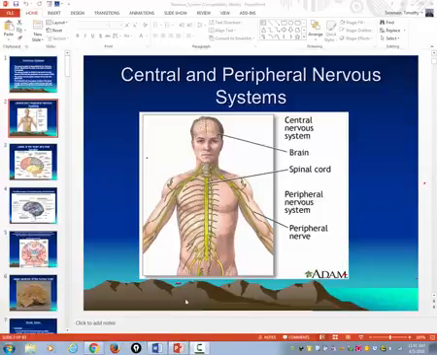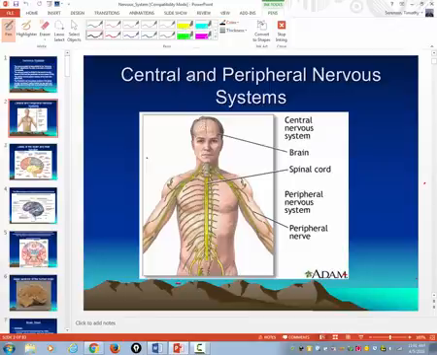Okay, here we go. Nervous system. A couple of quick reviews from general anatomy and physiology. The nervous system is divided into two main parts. You have the central nervous system, which contains the brain and spinal cord. And then you have the peripheral nervous system, which is made up of 31 pairs